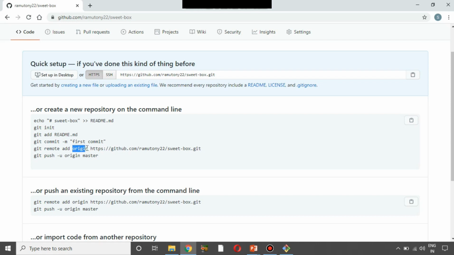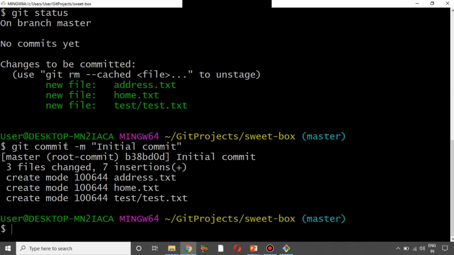So here we are basically providing a name to the server. This is our git repository URL and we are providing a name to this server. So I am going to provide that name as git remote add followed by origin. Don't get confused with this name, because you can give any kind of name here, but most people use this name. That's why we are using it here, but if you want to give any other name, you are welcome to. For now I'm going to follow the others.